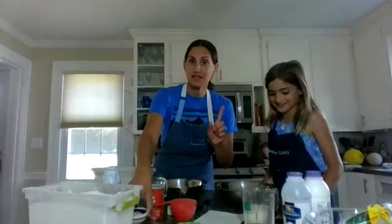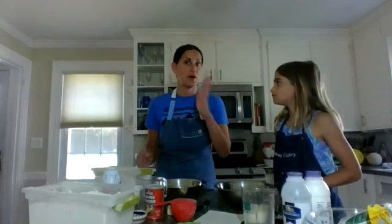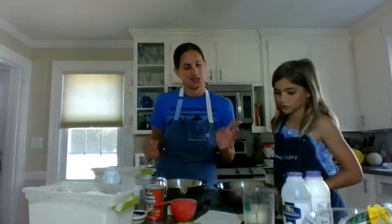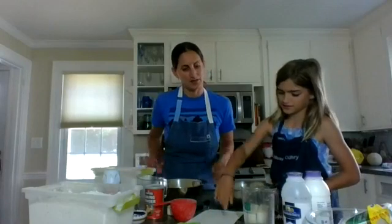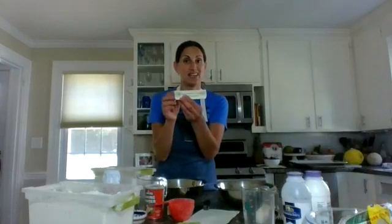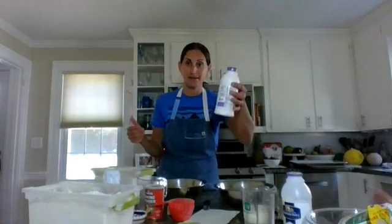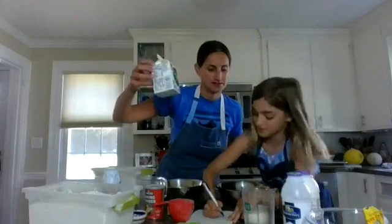Here's a trick if you're not a seasoned baker. Sometimes you'll see 1 t with a lowercase t, that means teaspoon, and 1 T with an uppercase T, that means tablespoon. So we need 6 tablespoons of butter, which is about 3/4 of a stick, because a full stick is 8 tablespoons. We're also going to need 1 cup of cream, and then some additional cream for